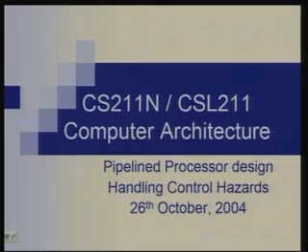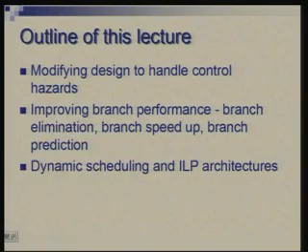So, you need to detect when hazards are occurring, you need to basically find out the dependency and then introduce appropriate control signals. Today we are going to look at the issue of handling control hazards. We will take the design which we have discussed so far, modify it to handle the control hazards. Then we will see how we can improve performance in view of control hazards or branch hazards, and a couple of techniques we will look at briefly, not go into too much detail.